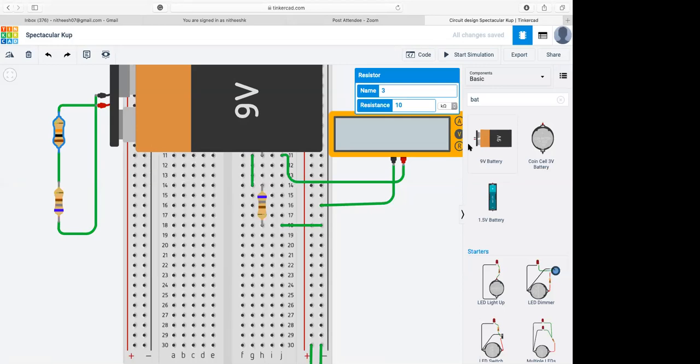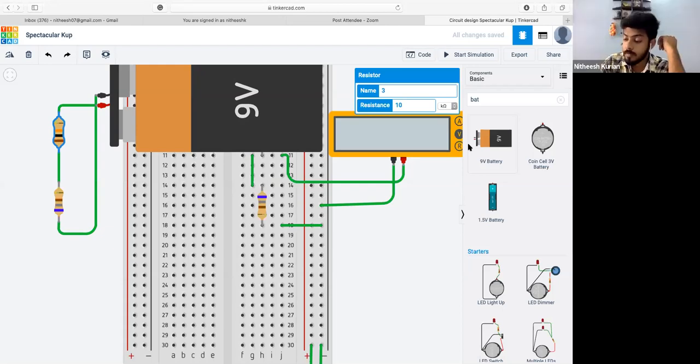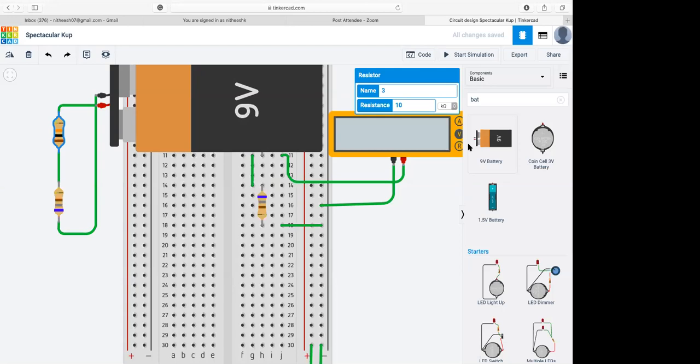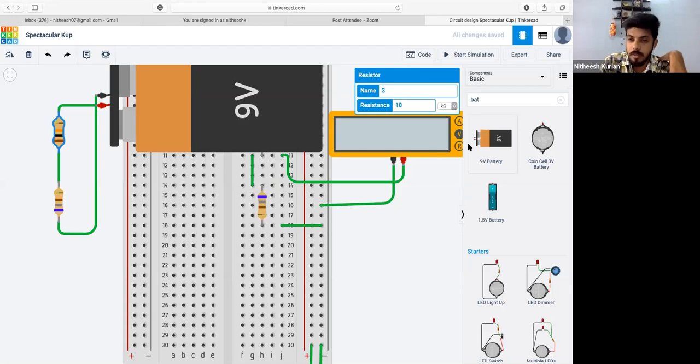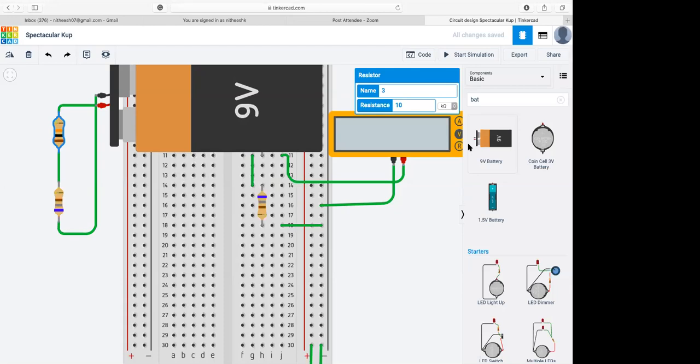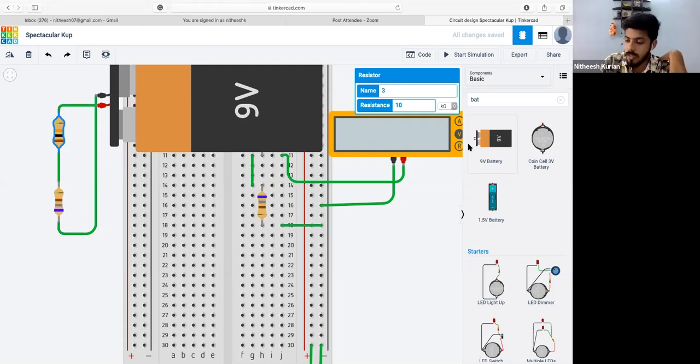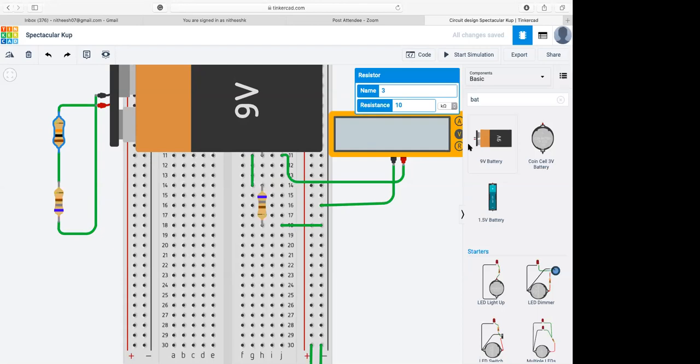How do you calculate the current in amperes? Current is voltage upon resistance. Total voltage, which is 9, divided by the total resistance, 10,680, which is equal to